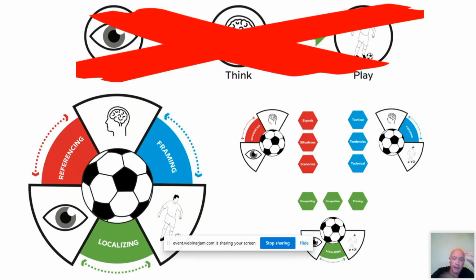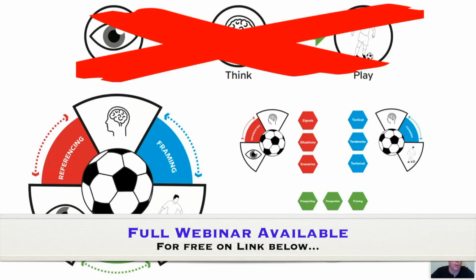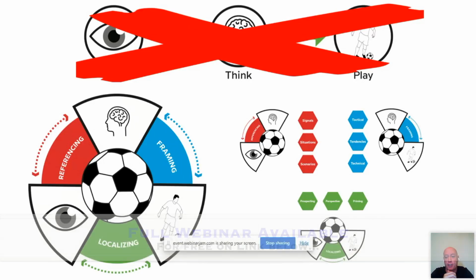Between the brain and the actual action, the output, there's what are called tactical tendencies and the technical elements that are in there that really guide that. And these aren't exhaustive lists. And then the localizing bit between actually action capabilities and where you look and how you process it. We've got what I call prospecting, perspective, and priming. And they're the key things that were actually one of those. They all link in together, but prospecting, that's really how the player moves about the field, gathering information, and how do they do that? But again, those things we can cover in the Q&A when we get to that, if